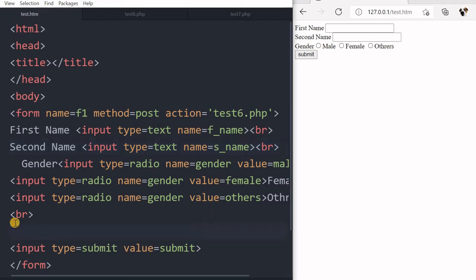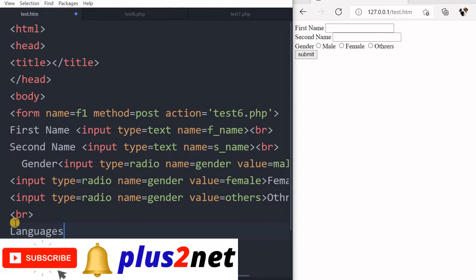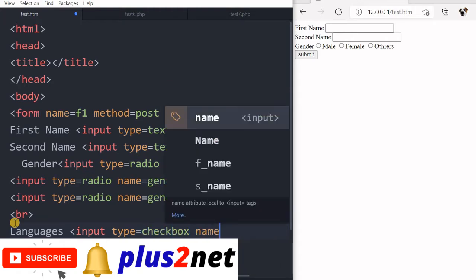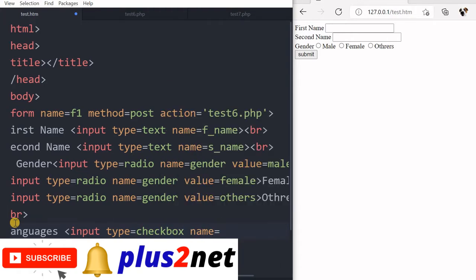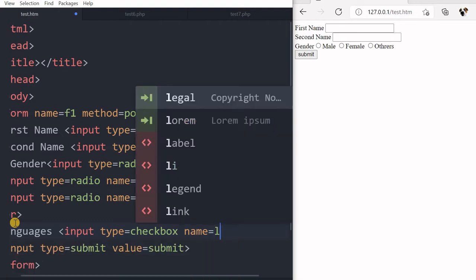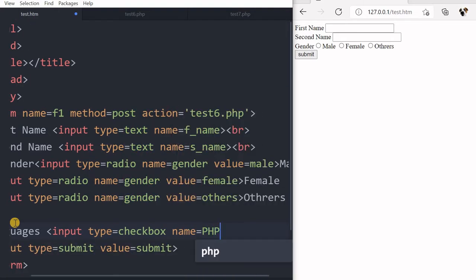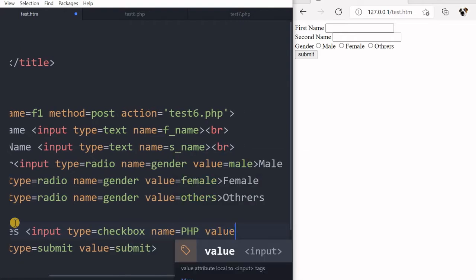Now I'll go for languages. So input type equal to checkbox, name equal to, say, I will directly say PHP, value equal to yes, and I will say PHP.